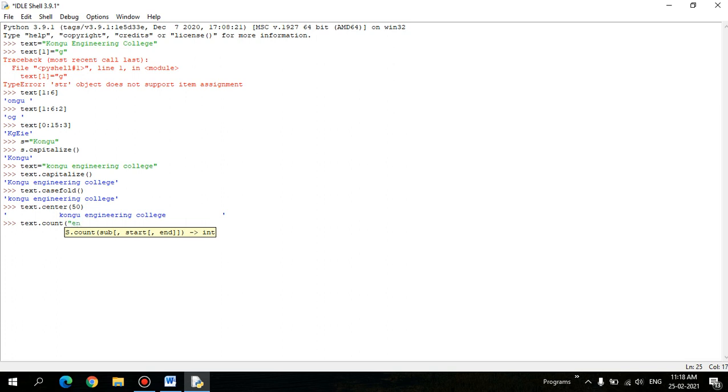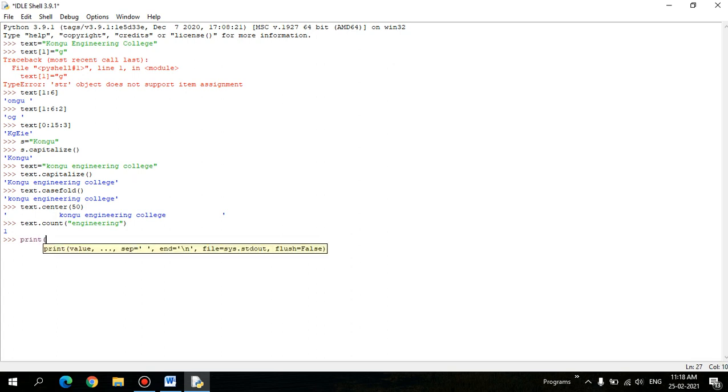It actually has to be printed like print(text.count(...)), then only it prints the actual value. So yes, the occurrence is 1.